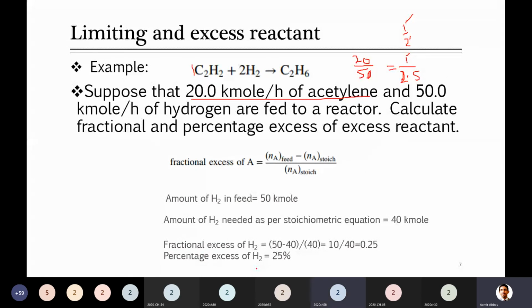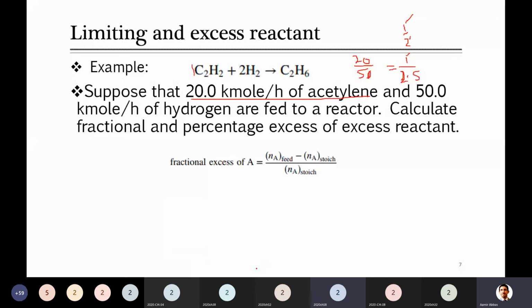Yes sir. Now in this formula, see what things there are. Number of moles of that component which is in excess. Have you decided which component is in excess? Yes sir. Hydrogen. How many moles? You know they are 50. How many moles will be consumed in the reaction? It is in excess, but some moles will be consumed, still some will be left over. So how many will be consumed in the reaction?